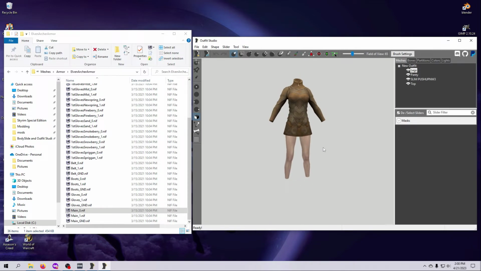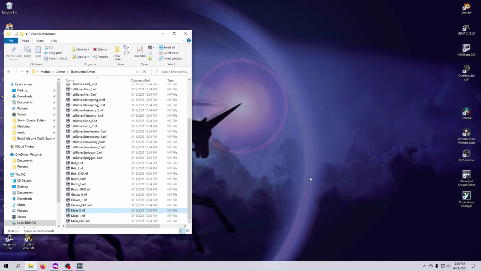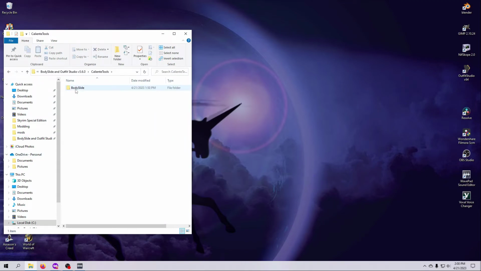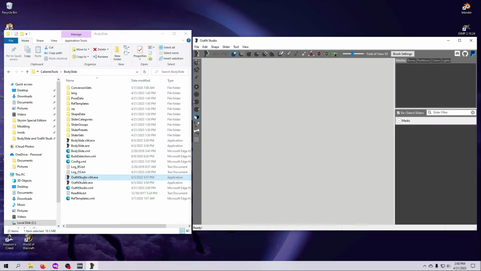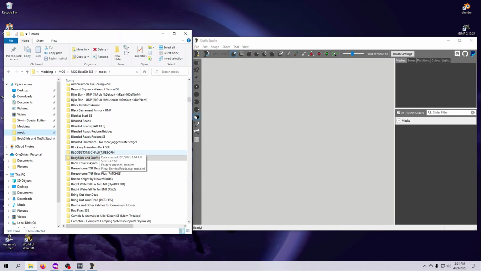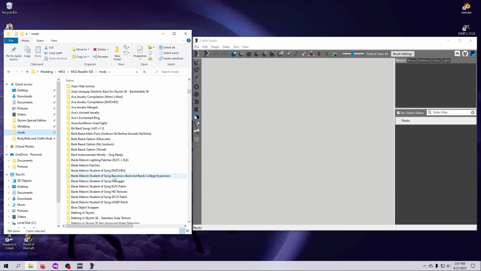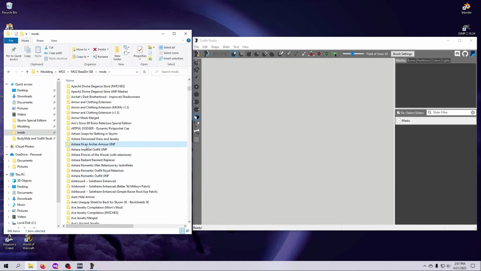Now, if you don't run Outfit Studio through MO2 by either of these methods that I've showed you, you're not going to be able to see the textures for your outfit. Let me show you an example of that. So if I go straight to the mods page and I find the executables here, and I double click and run this directly out of the mod folder, it's not connected to MO2 when I do this. The problem here is then it doesn't know where to find any of my mod textures. So if I drag and drop this outfit in now,